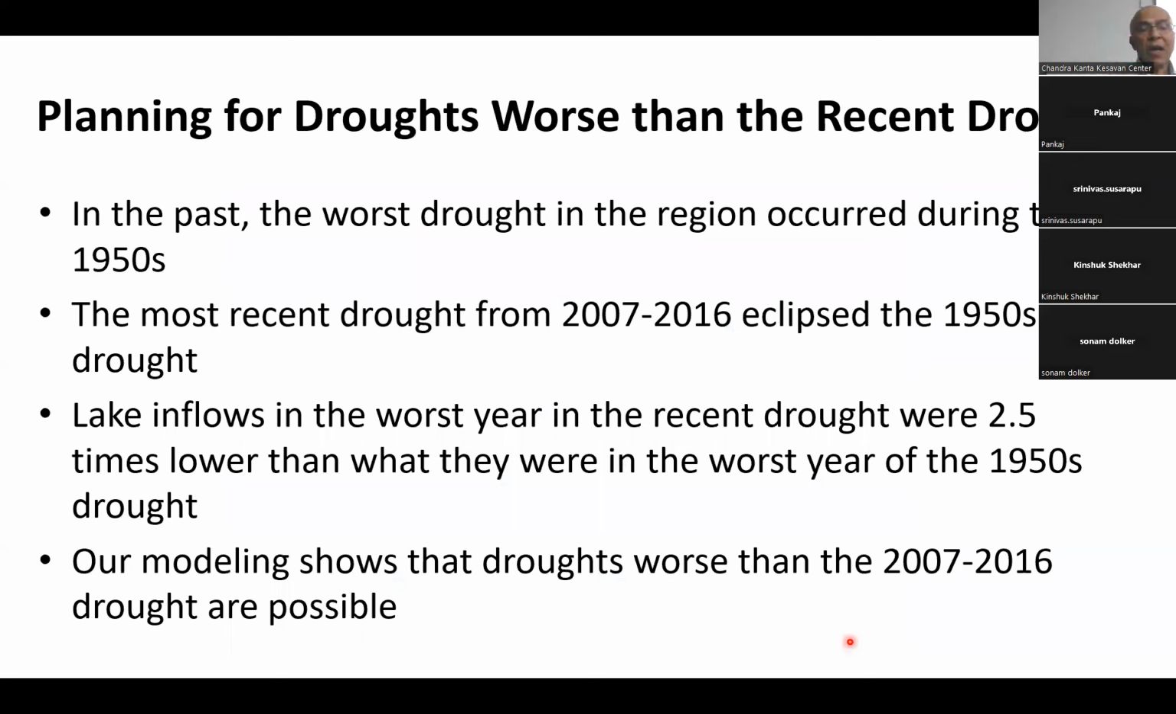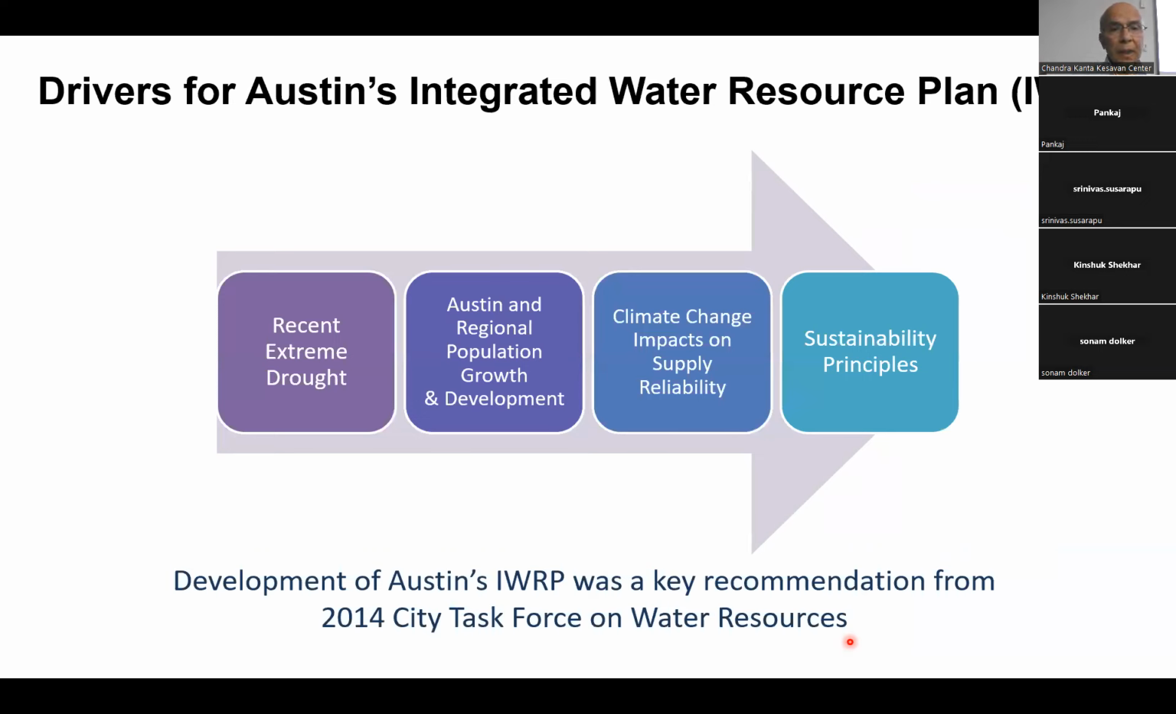So I already talked about this. Our modeling shows basically that droughts worse than the 2007 to 2016 drought are possible. Because of that, we decided to do an integrated water resources plan. This was after the brutal drought. The worst was, even though it was from 2007 to 2016, the peak was really in 2011, 12, and